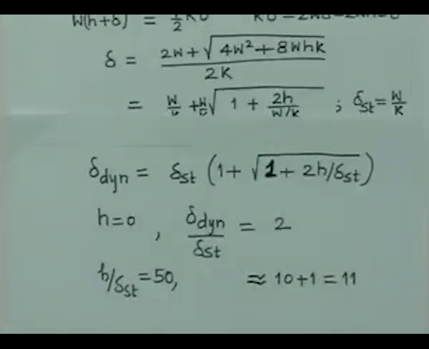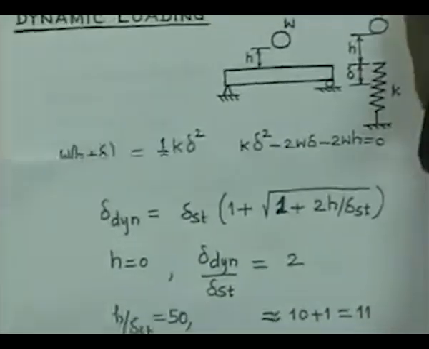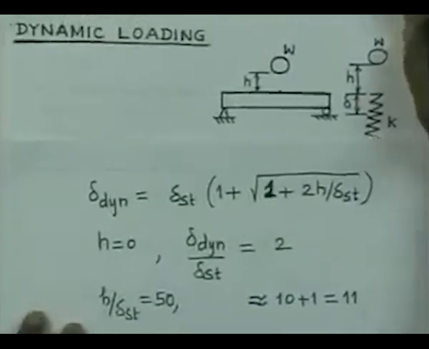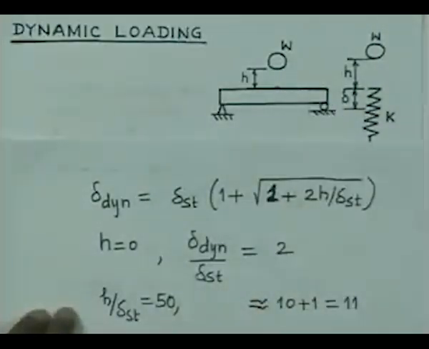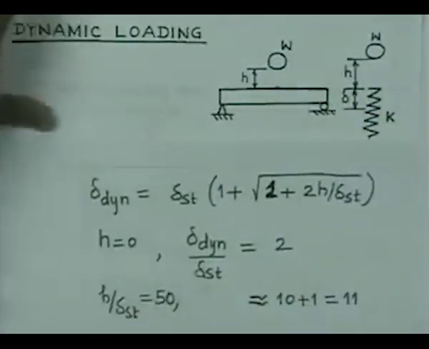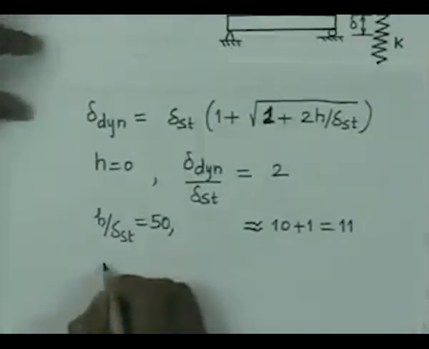Thus you see that depending on the height of the drop, a magnification is going to take place. Even if the weight is just dropped from 0 height, or suddenly applied, we are going to see a magnification in the deflection by 2,